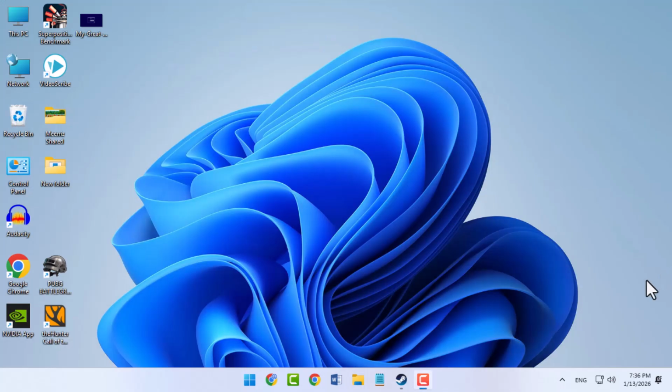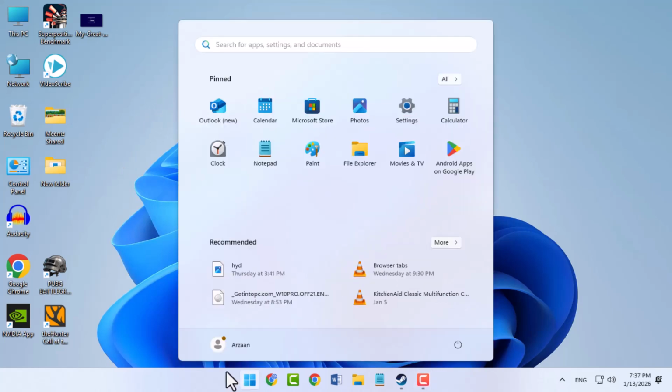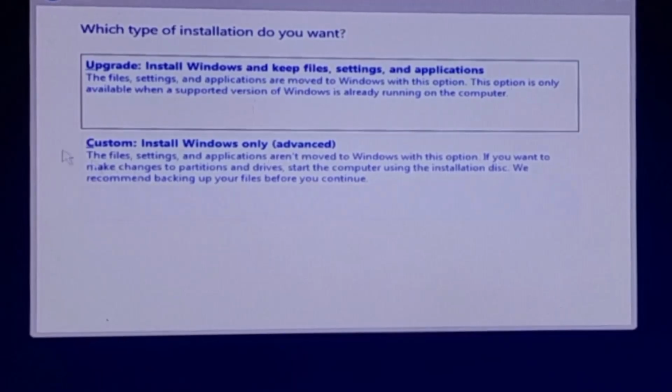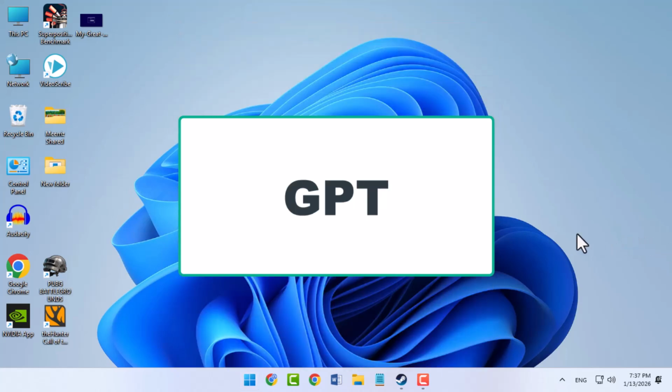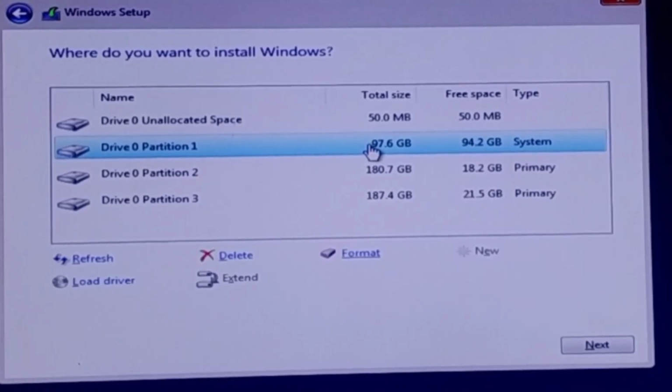If you're planning to install a clean version of Windows and you're confused about one important thing, whether your hard drive is formatted as MBR or GPT, then this video is exactly for you. Many people face boot errors during Windows installation simply because they choose the wrong boot mode for their USB drive. So, before installing Windows, it's very important to know whether your system uses MBR or GPT partition style. So in this video, I'll show you step-by-step how to check your hard disk partition style in less than 1